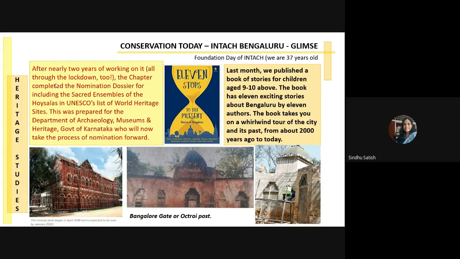Basavanagudi resident B.N. Prahalada Rao, who is now about 96 years old, happened to study in Fort High School between 1936 and 1940, and he remembered very clearly that the building exterior was red, and in those days all the government buildings and offices were painted red. So with a lot of other evidence, they managed to restore this back, and that project has been completed. And the other project, on the right-hand side, is the Bangalore Gate. This is a 19th century heritage structure located in Chamrajpet, known as Bangalore Gate or Octroi Post.